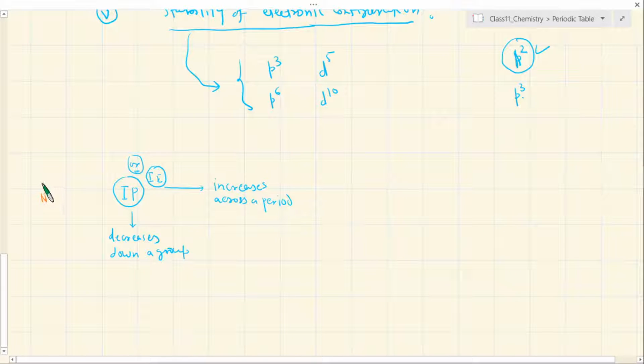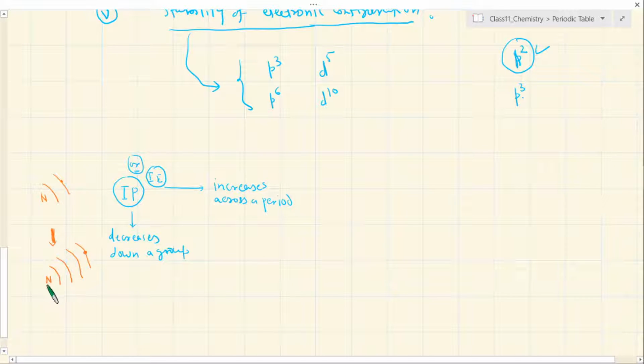So nucleus, and then you have these orbitals. If you go down, your nuclear size will definitely increase, but at the same time your outer shell will increase. Always remember, whenever we say ionization potential, it is related to the attraction between the nucleus and the outermost electron, because ionization potential talks about the energy that you have to supply to knock off this last electron. So in this case the last electron is closer, but in this case the last electron is farther and farther away.